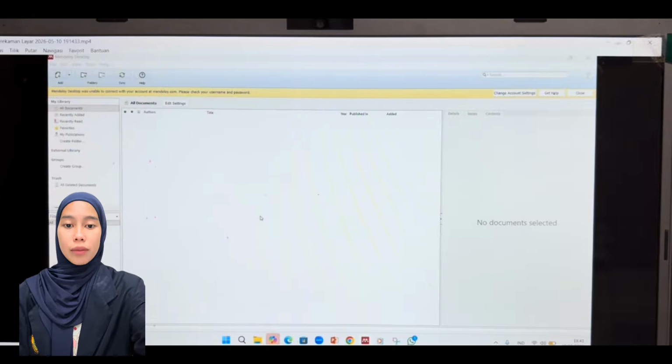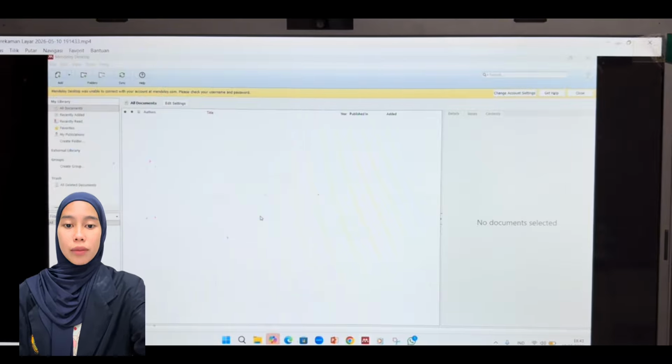Now let's check the detail in the right-hand panel. Even though we add it automatically via Add Files, we still need to verify the data carefully. Make sure journal article is selected.